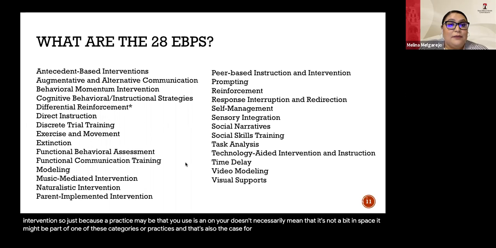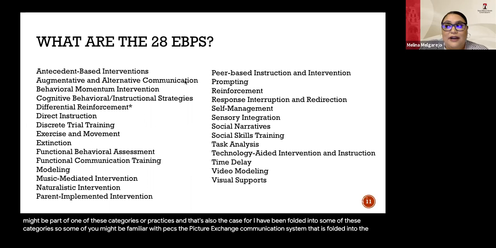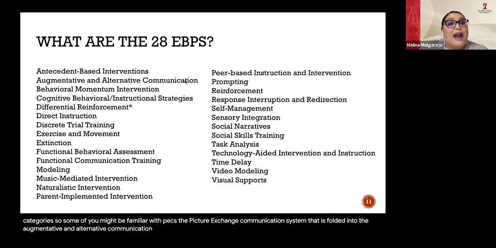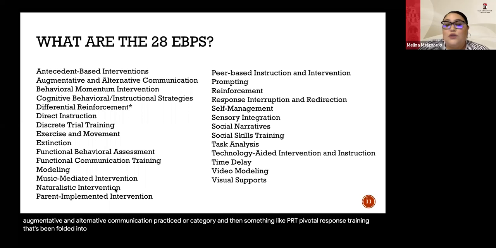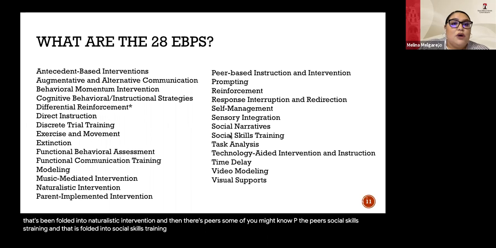And that's also the case for some manualized interventions that have been folded into some of these categories. So some of you might be familiar with PECS, the Picture Exchange Communication System. That is folded into the augmentative and alternative communication practice or category. And then something like PRT, pivotal response training, that's been folded into naturalistic intervention. And then there's PEERS. Some of you might know the PEERS social skills training, and that is folded into social skills training. So you really have to look into the report to learn a little bit more about what each